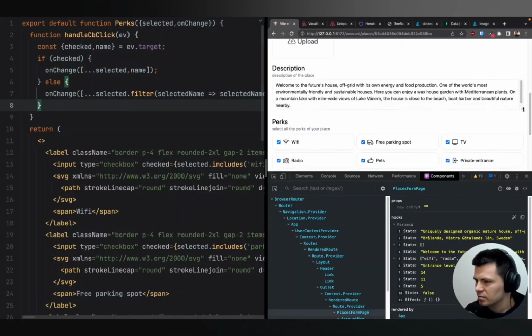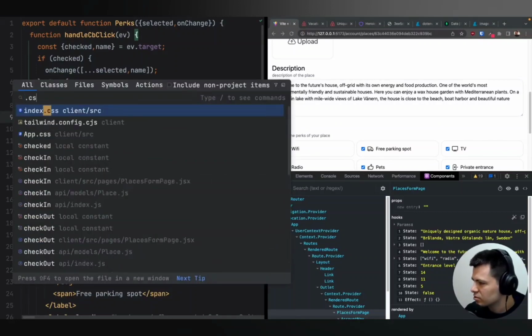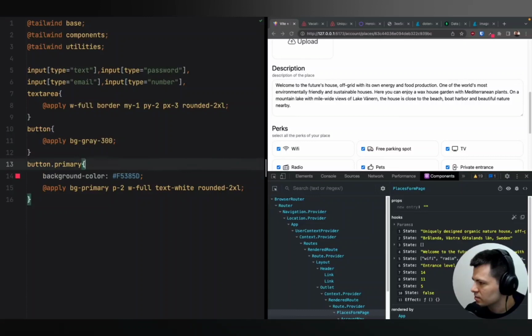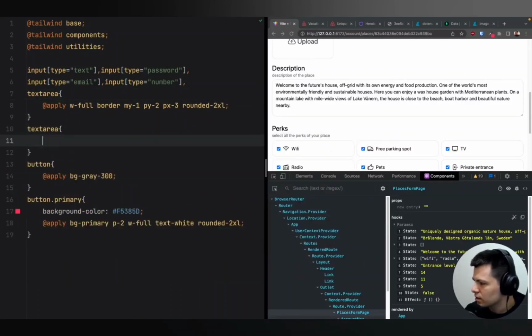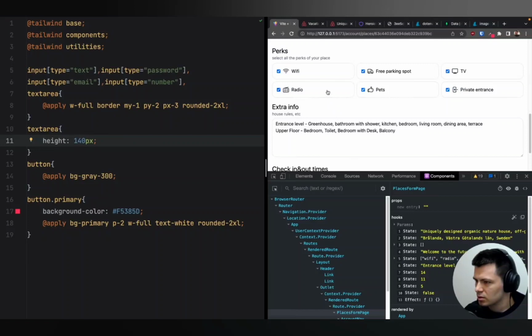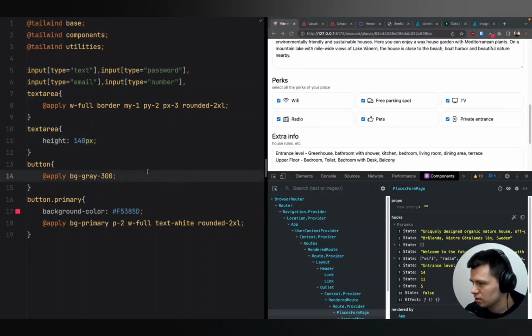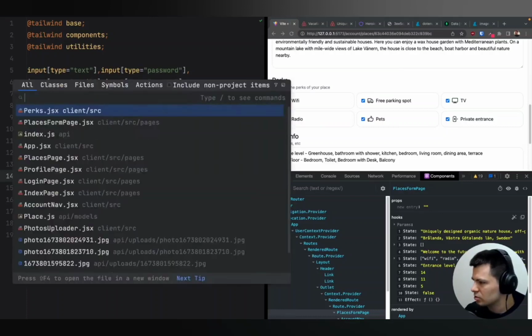One more thing is I would like the text area to be bigger by default. So let's go to CSS file, index.css, and for textarea, only textarea, I want to add the height of, let's say 200 pixels. Yes, maybe 150. Let's do 140. Yes, this one is good. Right, so this one looks nice, but now let's try to fix the functionality for updating the